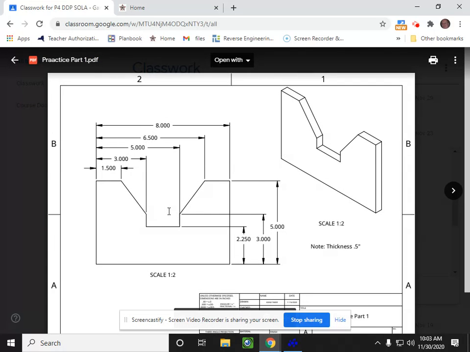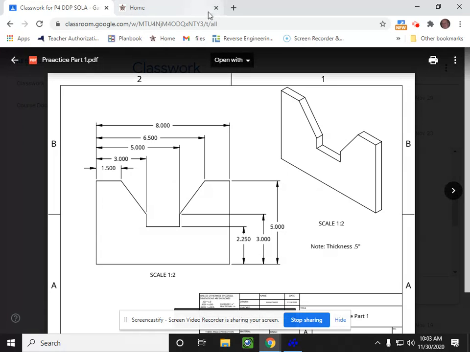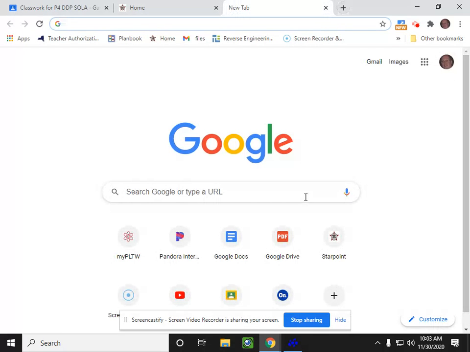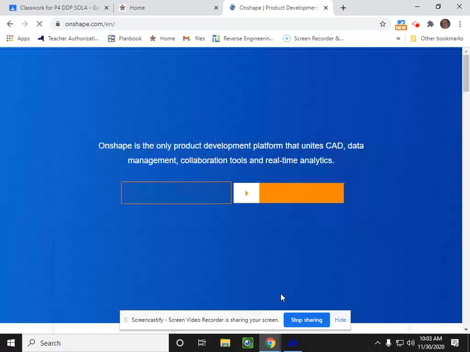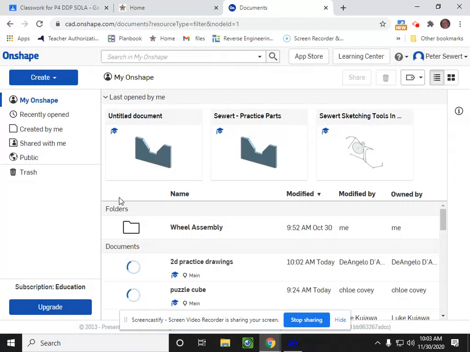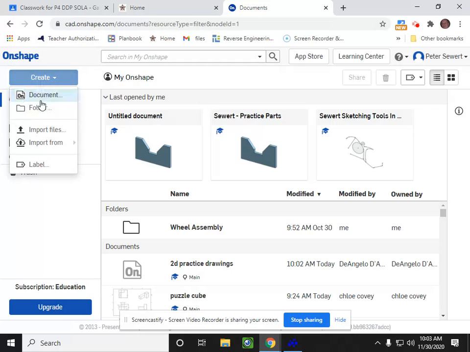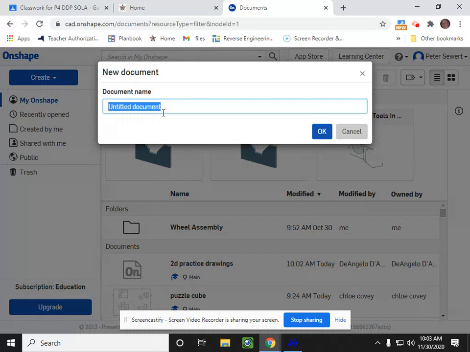Now, I wanted to show you a couple of tricks. I'm going to use this drawing right here to show you my little trick. So I'm going to get Onshape up and going. If you want to do this with me, you can. I'm going to go to Create, Document. I'll name this correctly, Seward, space dash,